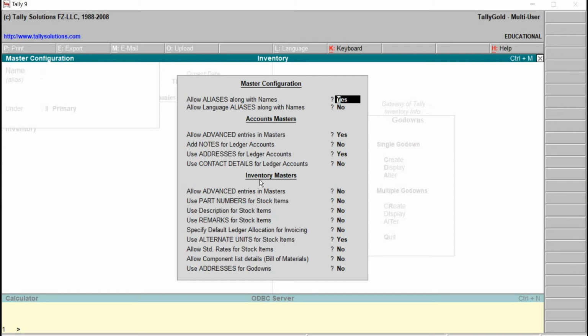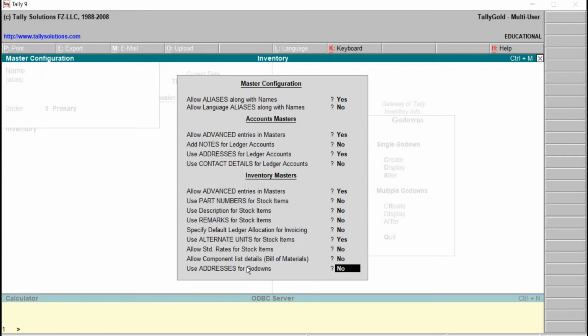Right now coming with inventory masters, and here the first option, allow advanced entries in masters. This is for inventory, right? No is there, make it Yes. Apart from that, I'll be telling right now only for godowns, okay?